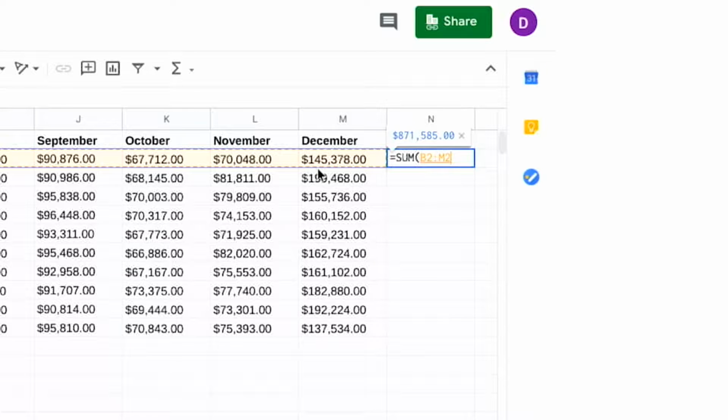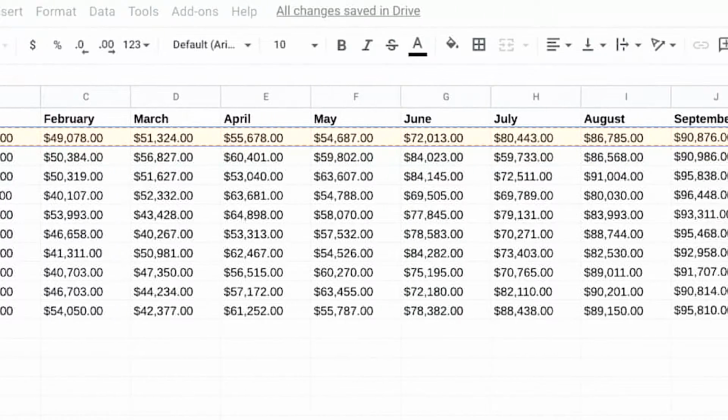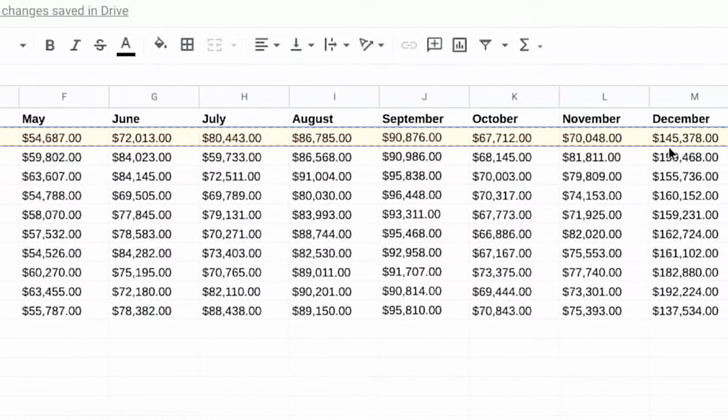The fill handle is the tiny box in the corner of each cell. You can use it for lots of things, like selecting multiple cells for a formula or continuing a pattern across several cells. The fill handle definitely qualifies as a shortcut. All right, now we'll complete the formula by closing the parentheses and pressing Enter.